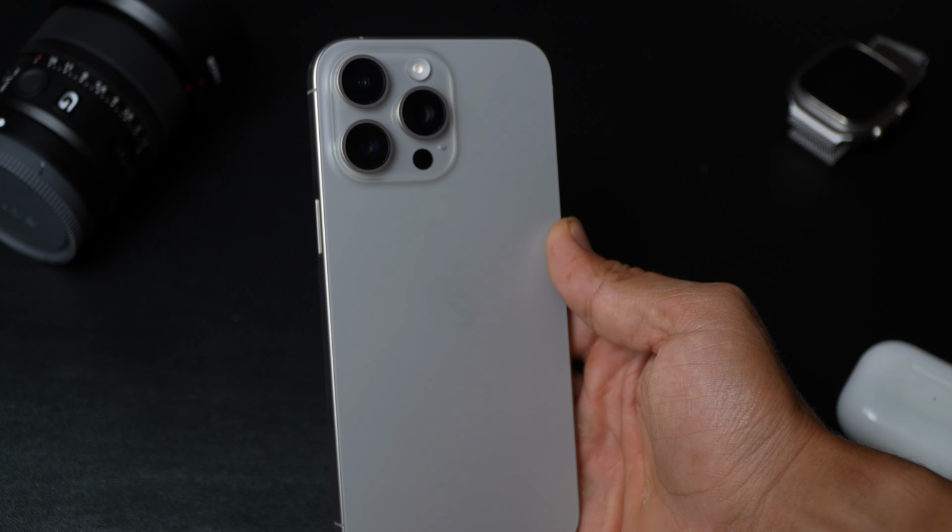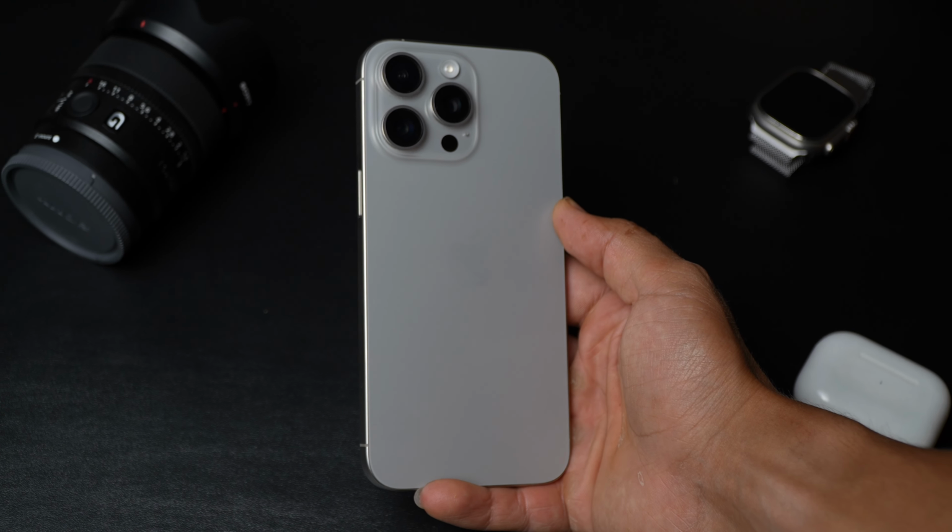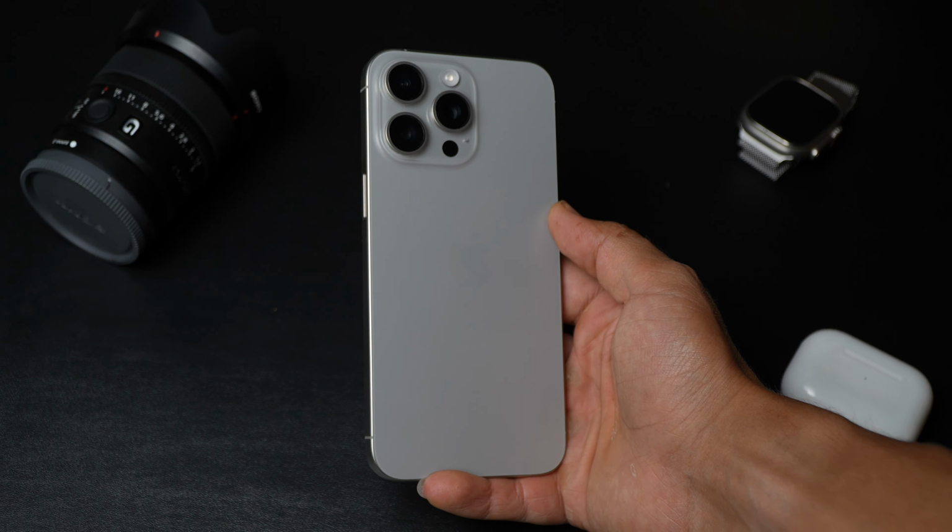I published my review of this phone last week, so I had about 1 week of experience. And I specifically talked about the overheating issues in that review, saying that it was a problem. Yes, on the iPhone it got a little bit hot, and the issue was from the developers, and Apple needed to do something about it. And so, yes, 1 week later, I'm very happy to report that all those issues, until right now, have been